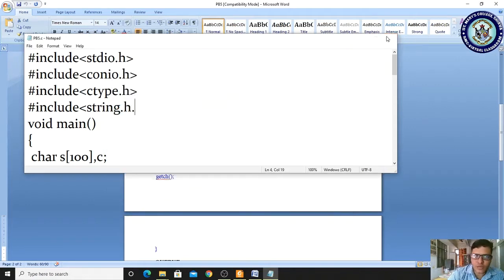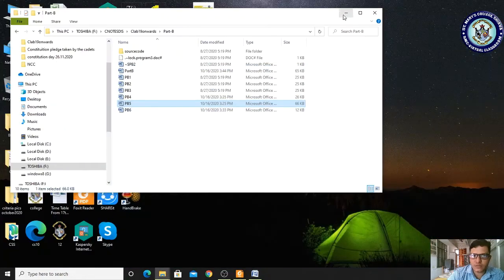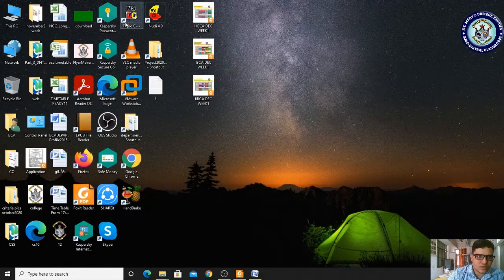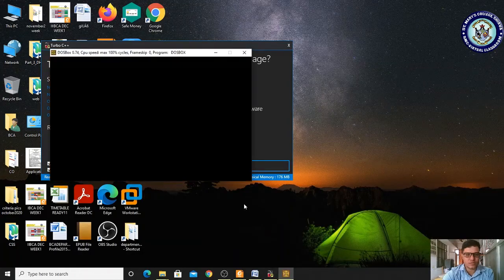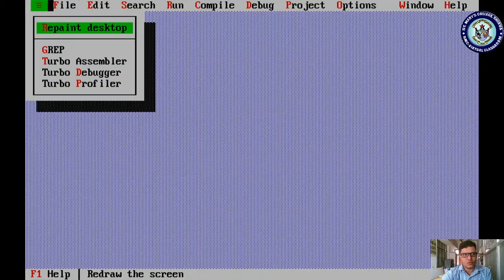Now let me open my editor. Where is our editor? The Turbo C++ editor exists here. Yes, start Turbo C++. Yes, open our file.